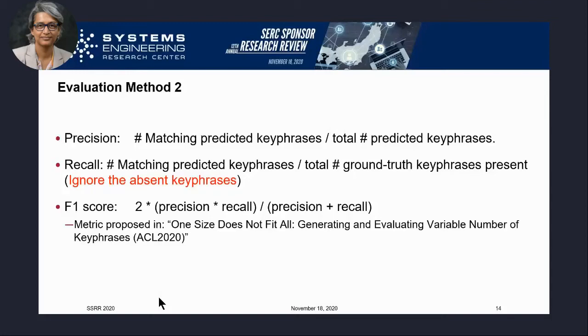It describes what's happening. A key phrase like that is called an absent key phrase. A present key phrase is something that physically appears as is in the document. So now the denominator only deals with the key phrases that are actually present in the document as is. F1 score is the same as before, and here's a reference for the paper we are comparing against. Next slide, please.